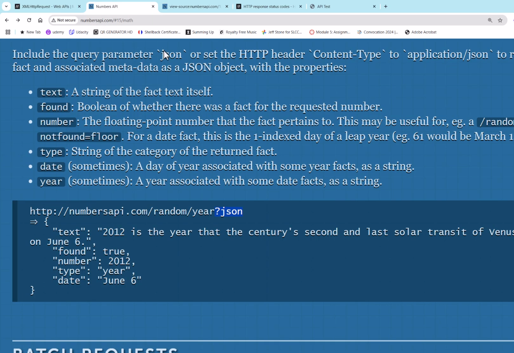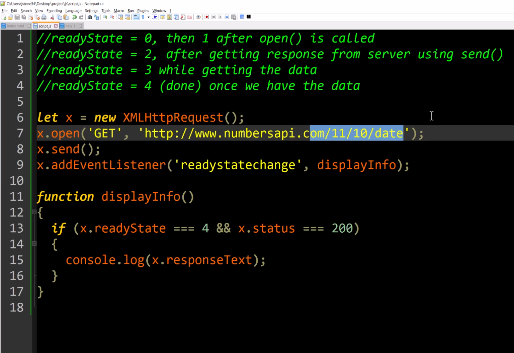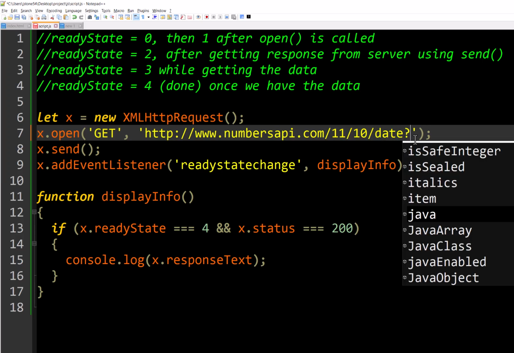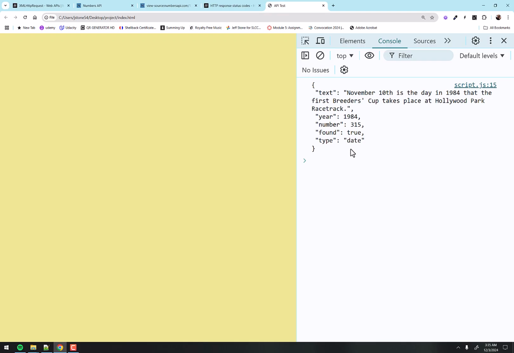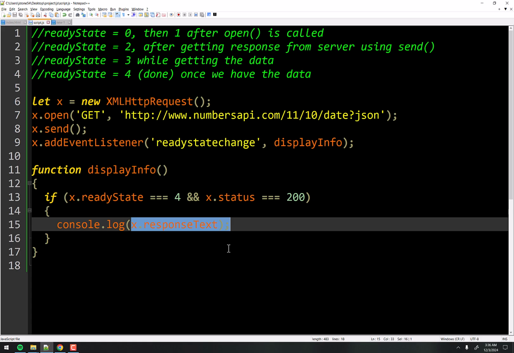But let's just take a look at how this comes to us if we do that. So I'm going to put here JSON, and I'm going to say response text. We're going to put it in the console for right now. When I refresh, that looks like an object, but it's actually just a string. It's not an actual object. It's a string that is formatted to look exactly like a JSON object, but we have to parse through it and convert it to a JSON object, right? So let me show you the difference.